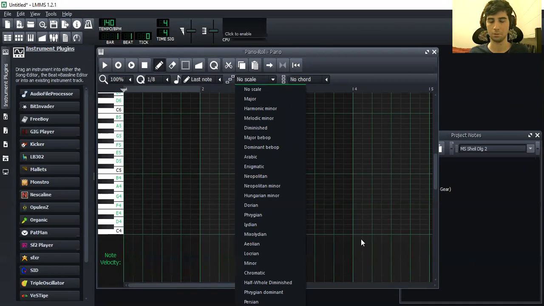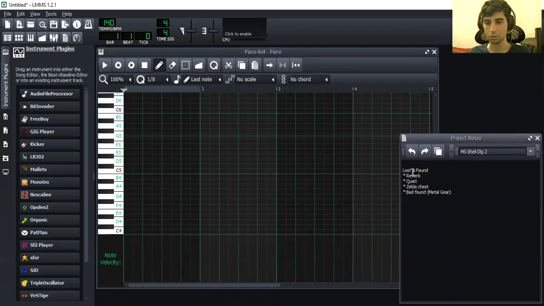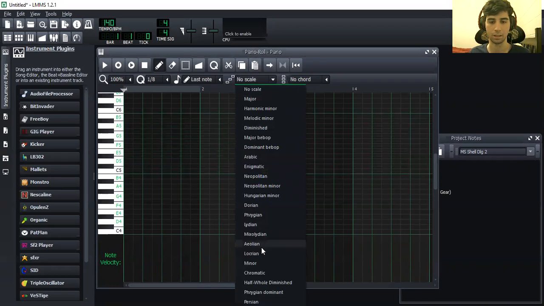So in Western culture, major scales are associated with happiness and positivity, whereas minor scales are focused on sad and aggressive. But I know in other places in the world, sometimes a minor scale can be associated with positivity and vice versa. But for the most part, if you want something that sounds happy, you have it in a major scale. If you want something that sounds sad, you do it in a minor scale. So if we're going for some kind of spooky, stay lost and not get found vibe, I think a minor